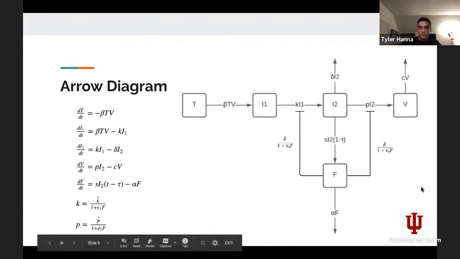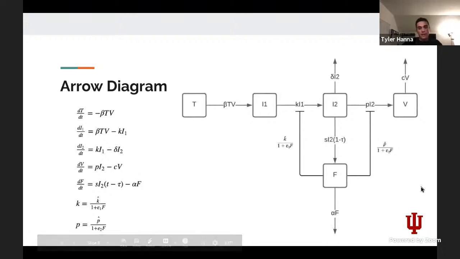And here is where the model builds a little bit more complexity, adding the interferon effects. So now it adds a different category of infected, where there are non-productively infected cells and productively infected cells, which is I1 and I2 respectively. And this factor K represents the rate of transition from non-productively infected to productively infected. And the presence of interferon is thought to